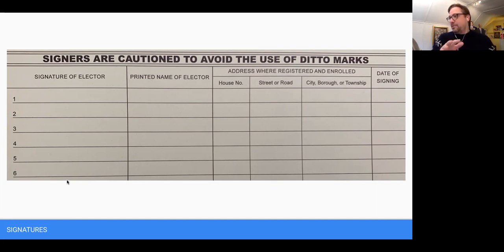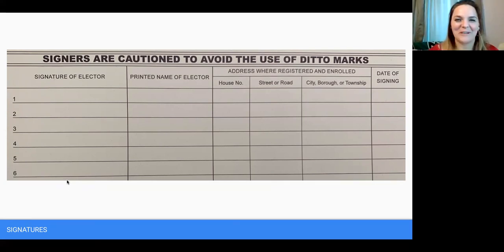Any other questions? This is the area I think where people have the most anxiety as they're going out and going to people's doors and collecting those signatures, especially after you've talked to somebody for a couple of minutes and you've convinced them to sign your petition, and then you notice that they've done something wrong, and so you have to ask them to do it again. Most people are generous with their time and will do it. Please, please, please don't hesitate to ask them to re-sign your petition, because otherwise it may cost you your entire nomination.